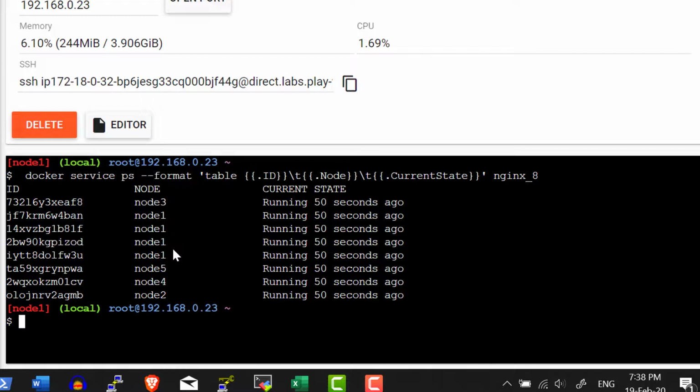So as we discussed earlier, whenever I'm using the placement preference, it is going to identify the unique values for that particular label and accordingly it is going to distribute the tasks within those unique values. And this will be more useful whenever I want to distribute the tasks across nodes running in different racks or in different availability zones within the cloud, mainly for the purpose of high availability, so that I can make sure the tasks are distributed across the zones. Even if any availability zone goes down, I will be having some containers running in a different availability zone and that will provide high availability for the application.